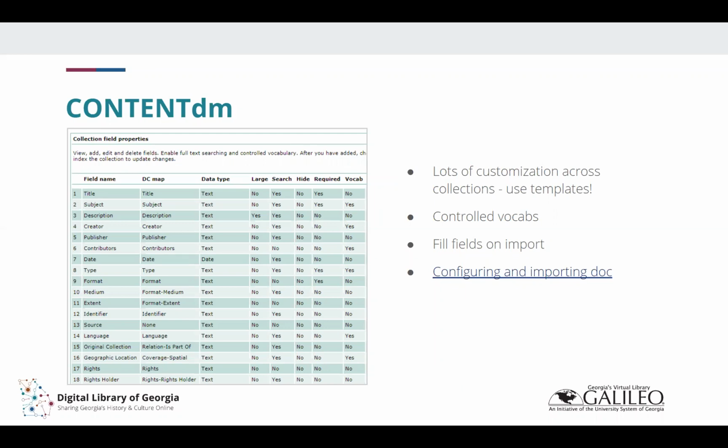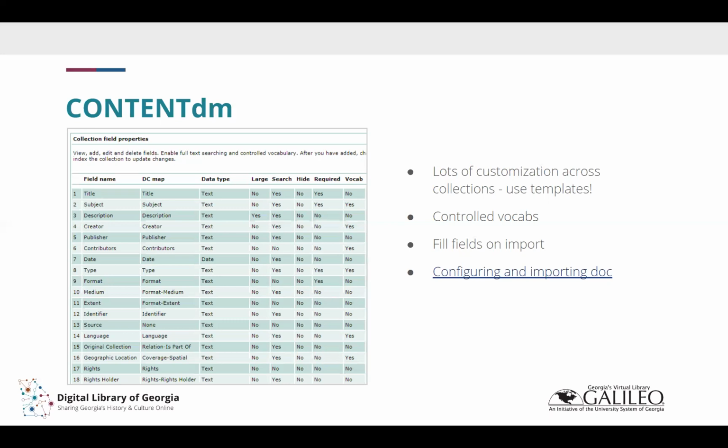So what we do suggest is using the template feature. So you can set up a template or set up a collection as a template. And when you create a new digital collection, you can choose to use that previous one, and it will transfer all of the settings, all of the fields, all of the mappings over into it. So it's really easy to maintain that original structure that you set up for your metadata without having to do